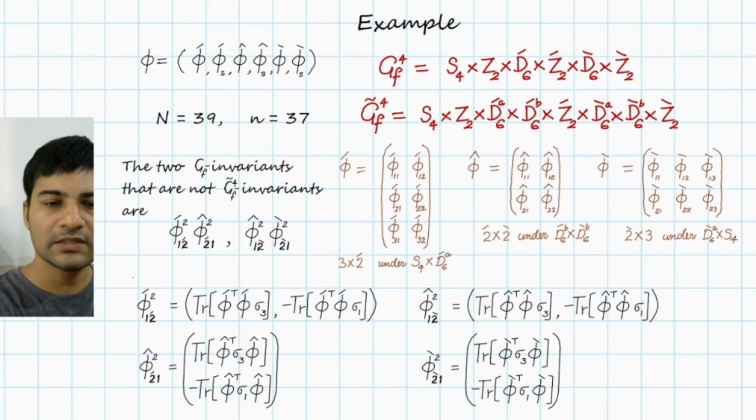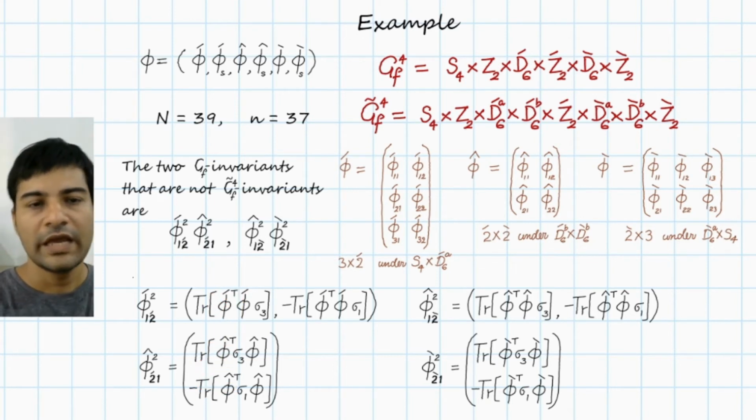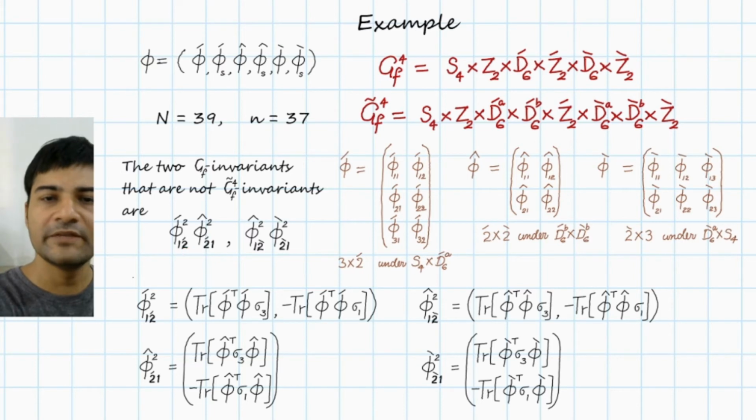And then let's look at the second multiplet. So this is hat phi square, so it's quadratic in hat phi. And it transforms as a doublet under acute D6 and it is a singlet under grave D6. So that is this quantity. And this is a 2 by 1 matrix. And this term is like a dot product of these two. And you can see that this will remain invariant under the original group GF4.